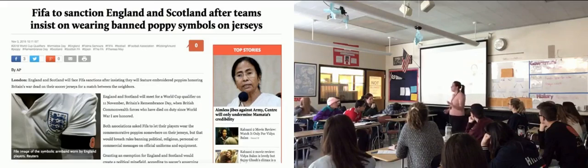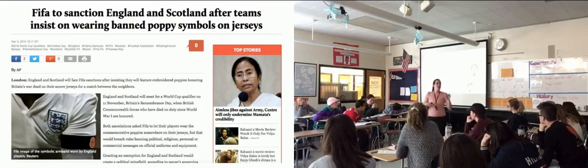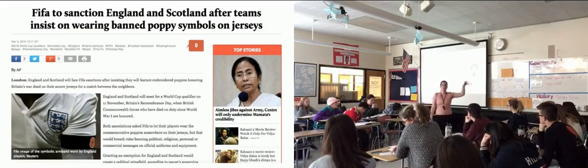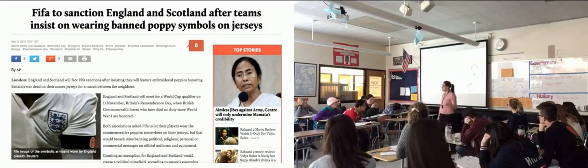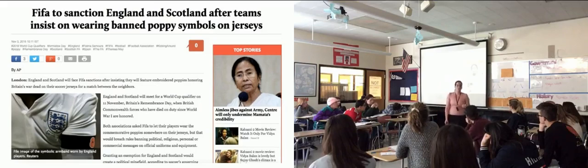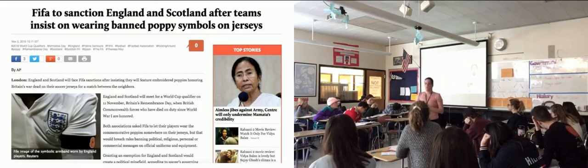Now, it's just like the NFL, though. You're not supposed to wear political things. But basically what they told them is you can't wear this because it's a political symbol. So the National Soccer Federation told them that. And so they said, if you choose to wear this, you're going to be fined $50,000 as a national team. The team came together and all agreed, and they all wore the poppies on their armband and received the fine. Because in England, this idea of the poppy is so important.